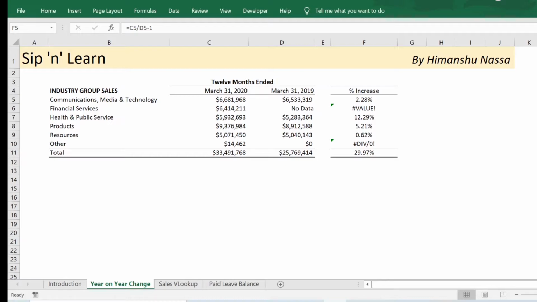In the percentage increase column, I will put an IFERROR formula and retain my calculation as the first argument. And in case the calculation yields an error, I need an alternate value. In this case, that alternate value could be a NA or a not meaningful message. Let's put it over here. I can use the same calculation and put an IFERROR around this. The first argument for IFERROR is the calculation that I am doing. And the second argument is, let's say, NA.